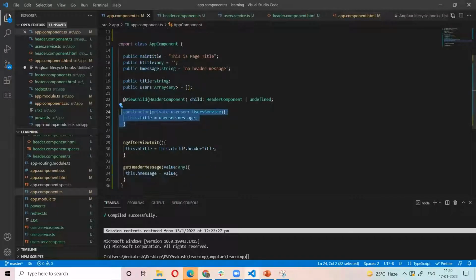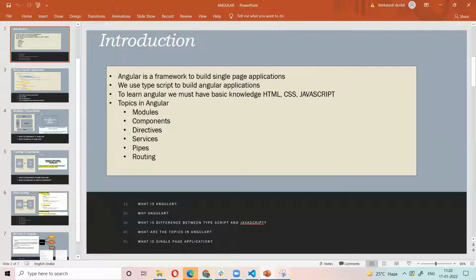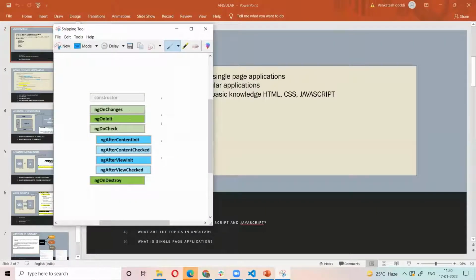After that, we have life cycle hooks like ngOnChanges, ngOnInit, ngDoCheck. These are the life cycle hooks. Based on the different stages, we call different methods. For example, if you want to log some data before our component class is loaded, or log the data coming from the outside, or know when the total component view is loaded. In this way we have different types of stages.